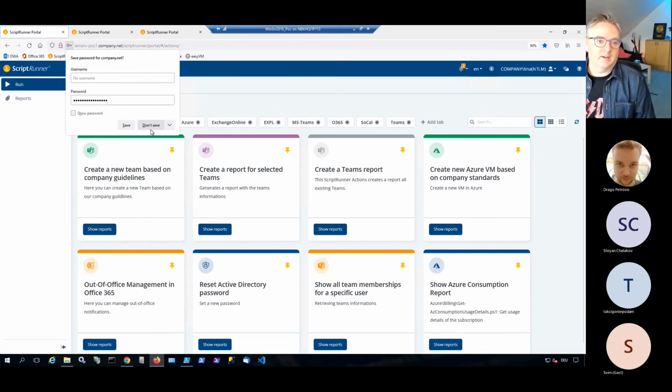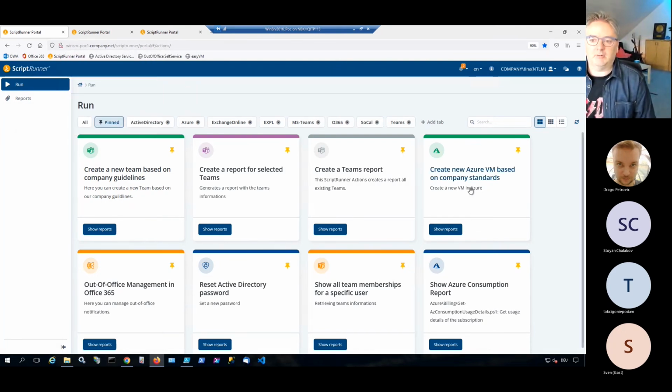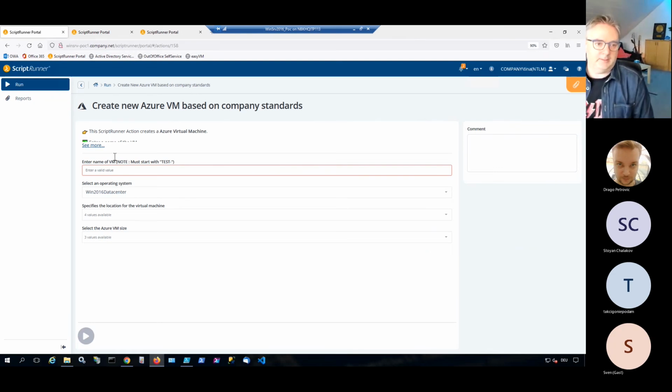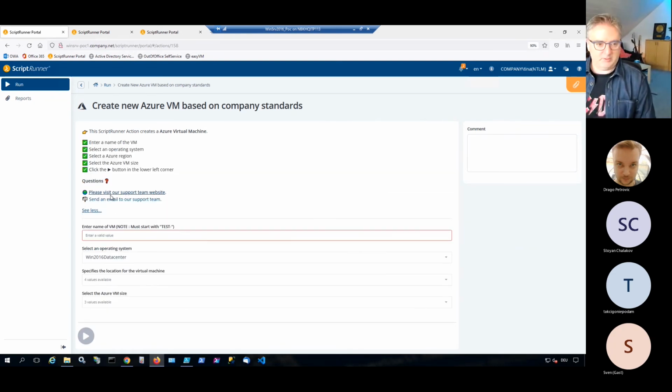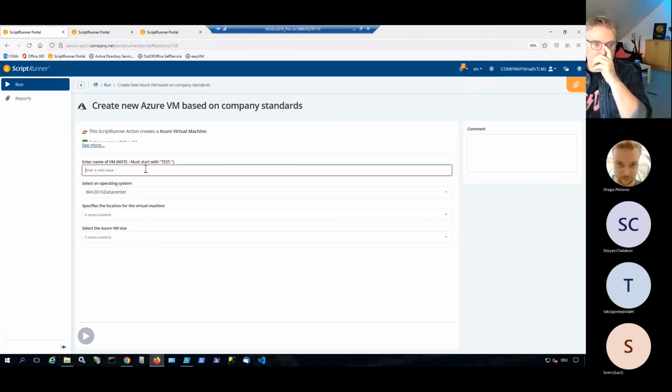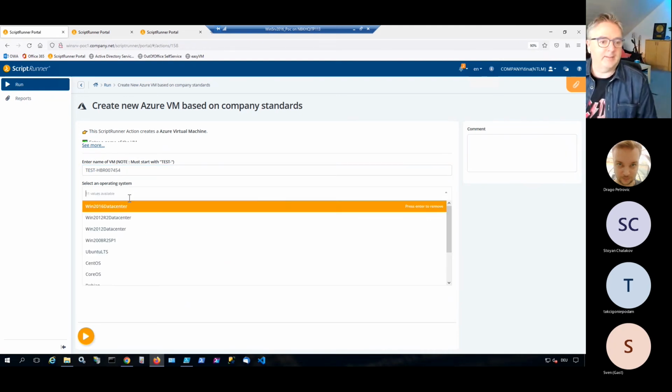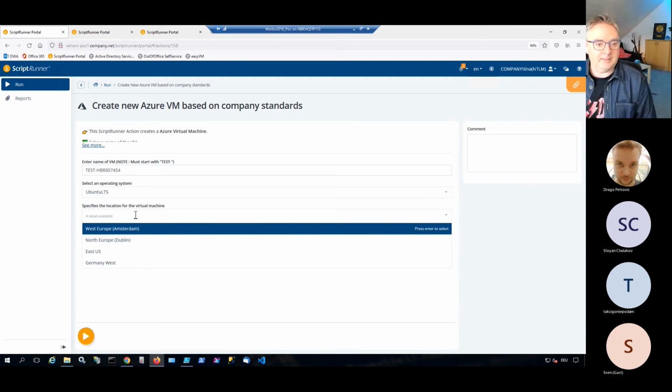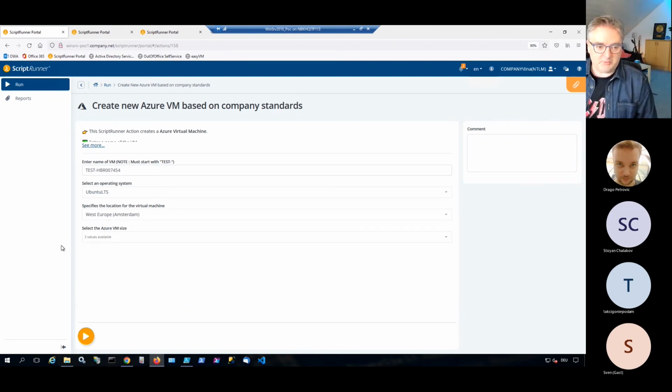Now, another use case might be creating a new VM in Azure. Again, here you can have a description about what actually happens. Again, here I have to follow certain rules, which means in this case, for my VM, the naming convention is that the VM needs to start with uppercase Test dash, and then whatever I want to use. I'm selecting my operating system, and I'm selecting where I want to create this, in which Azure region,